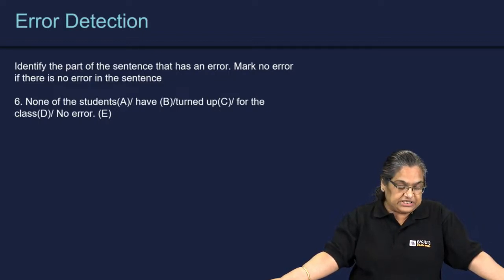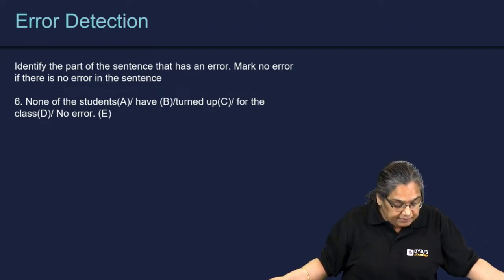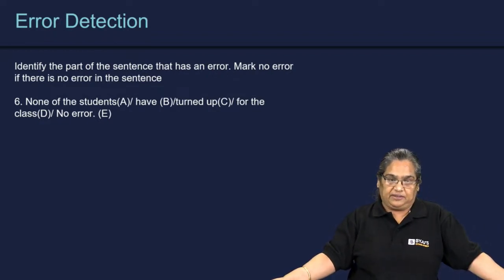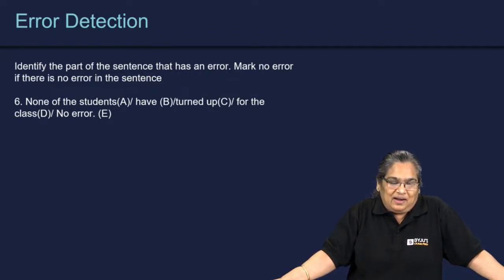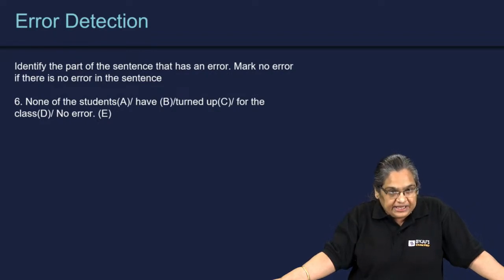Question 6, what's the answer? A, B, C, D or no error E? Ujjwal thinks it's E, Pratyush thinks B, so we've got two answers so far. Sri thinks it's E, Angela thinks it's E. All those who think it's B, you are, well,